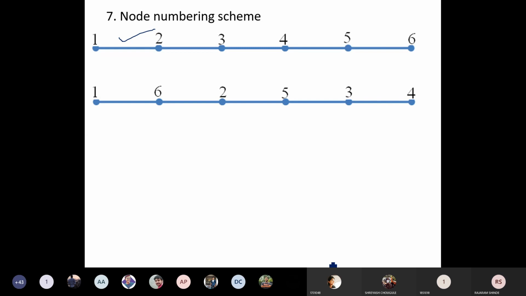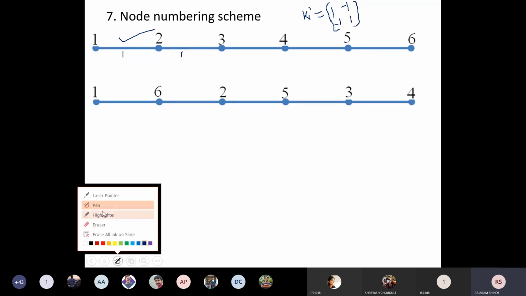Can you tell what is the size of, suppose this is a one-dimensional problem, and the k element of the stiffness matrix for all elements is 1. That means for the first element, k1 is equal to [1 -1; -1 1], and for the second element it is also the same, the third element is also the same, the fourth element is also the same, the fifth element is also the same. Okay, your element numbers, I will write here.